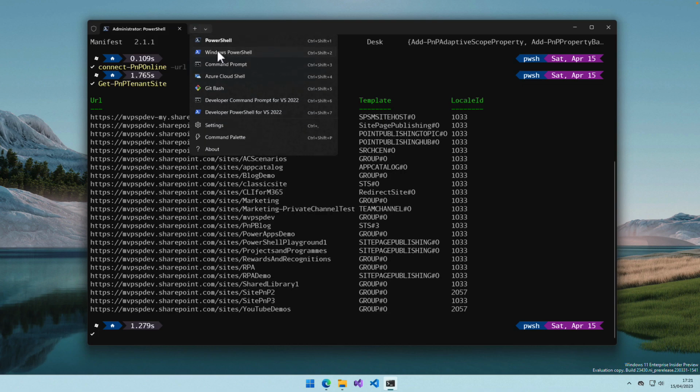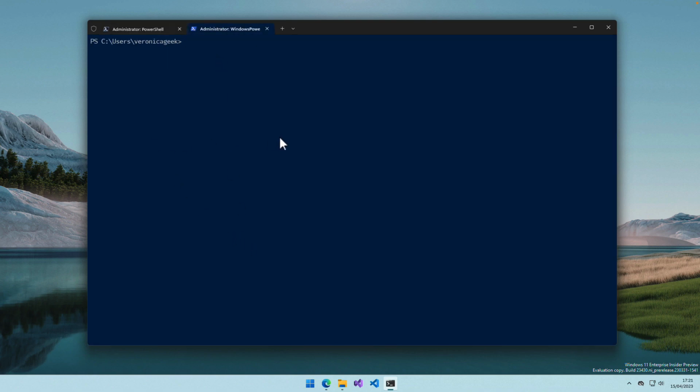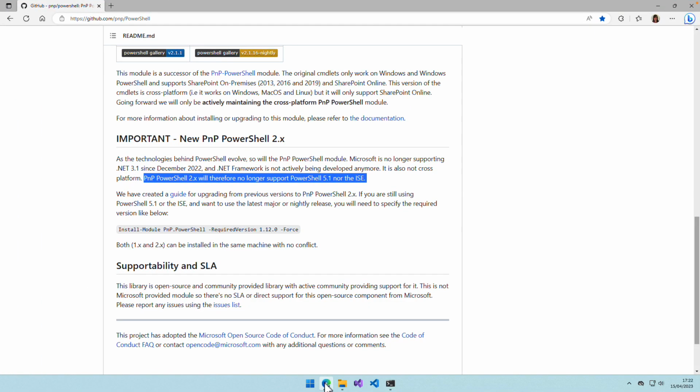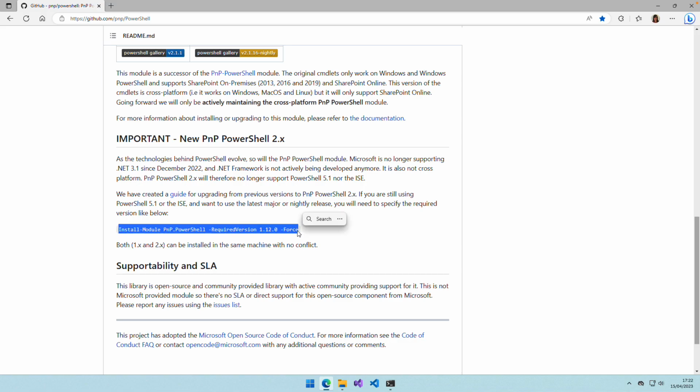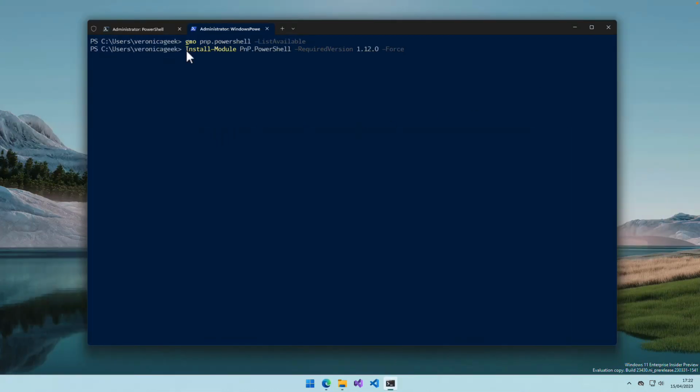And now if I go again into a Windows PowerShell session, Get-Module, now I have nothing. But if we go into the documentation, we can see that we've added a section for the new PnP PowerShell version 2. And that says that this version will not support PowerShell 5 or the ISE anymore. And we give you the command to install the version that is still compatible with PowerShell 5. So if I just copy that and run it,